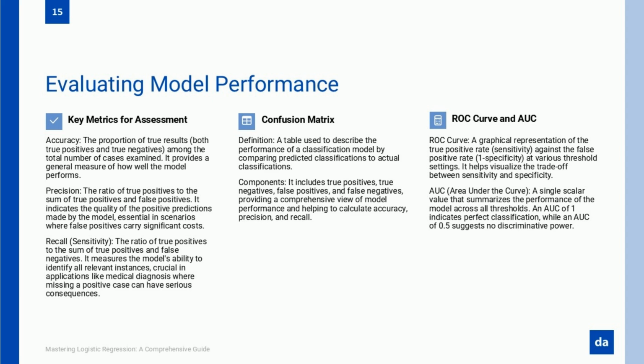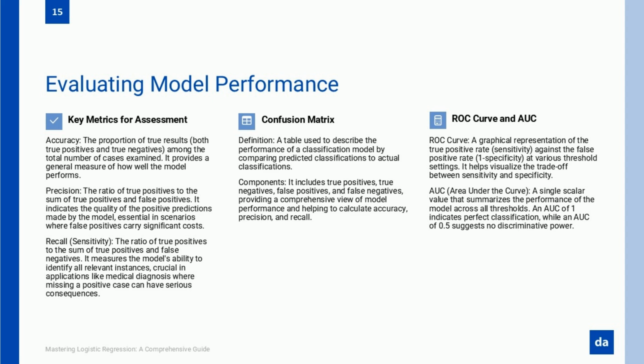It plots the true positive rate against the false positive rate at different threshold settings, showing us how well the model separates positive and negative cases. The further the curve is from the diagonal, random guessing, the better. And then we have the AUC score, area under the curve. If AUC is 0.5, your model is basically flipping a coin. If it's close to 1, your model is a mastermind